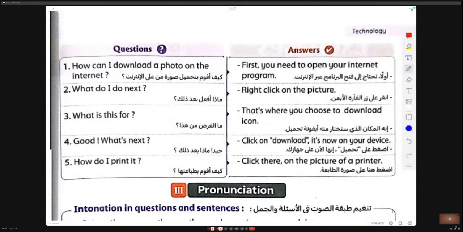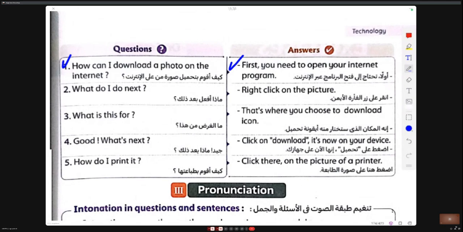Lamar. How can I download a photo on the internet? First, you need to open your internet program. What do I do next? Right click on the picture.